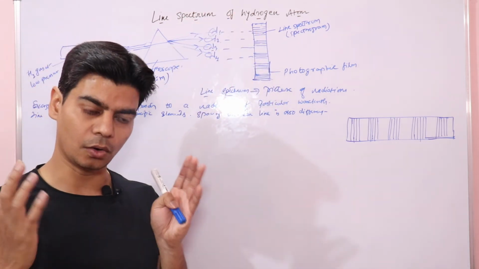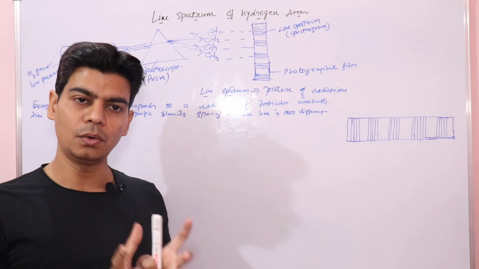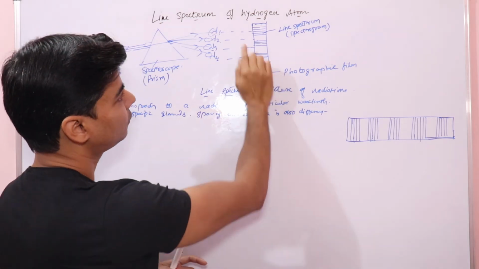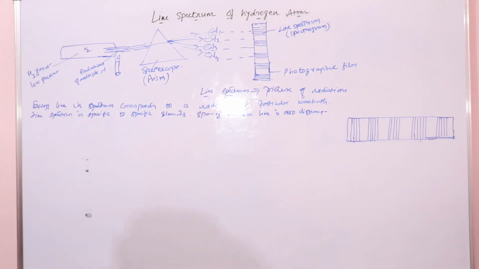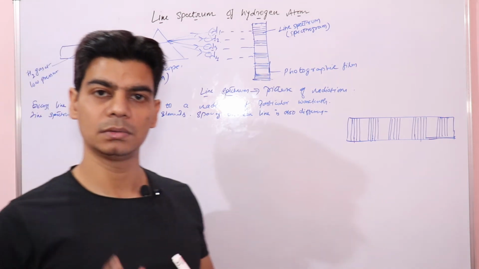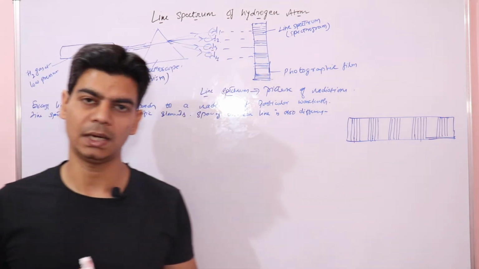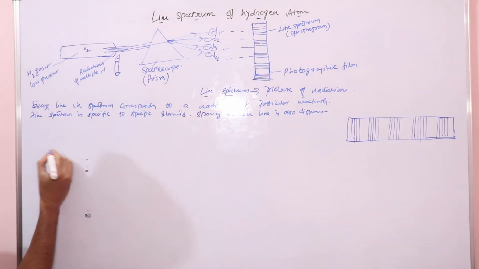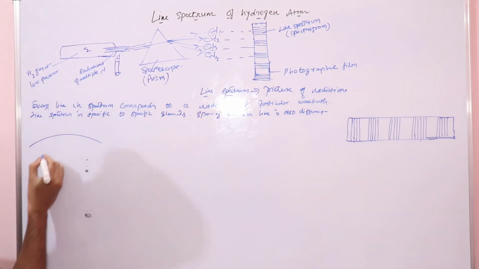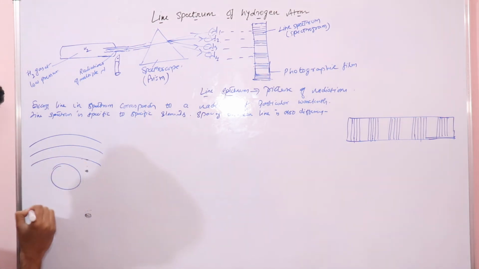Now we'll also understand how lines of different wavelengths are getting formed, right? We'll understand this in a while. So here, let's quickly understand this based on the quantitative relations that we have seen in the Bohr's model of atom. We said that if this is the nucleus,